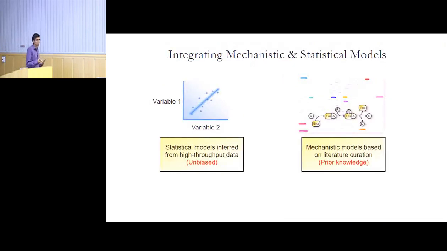So Gemini sort of represents a new way of modeling. Throughout this talk, I talked about how we can overlay different kinds of data onto these network models. These are models built from prior knowledge. These are mechanistic models, and you overlay new data onto them and try to infer what the metabolic activity is.